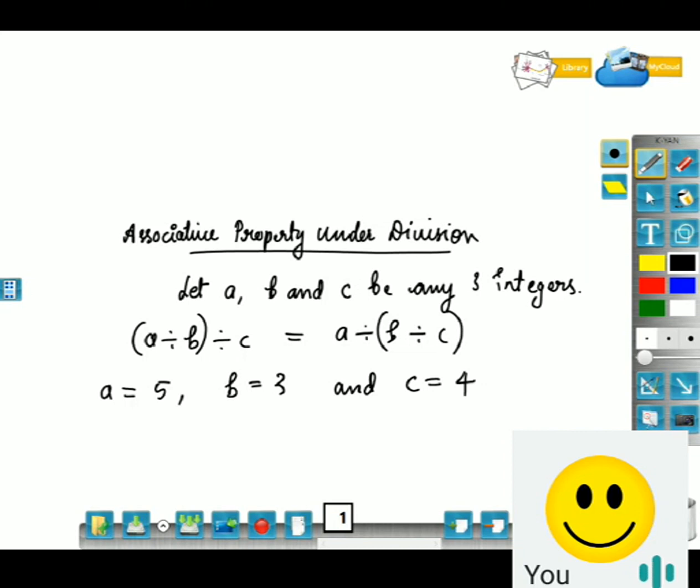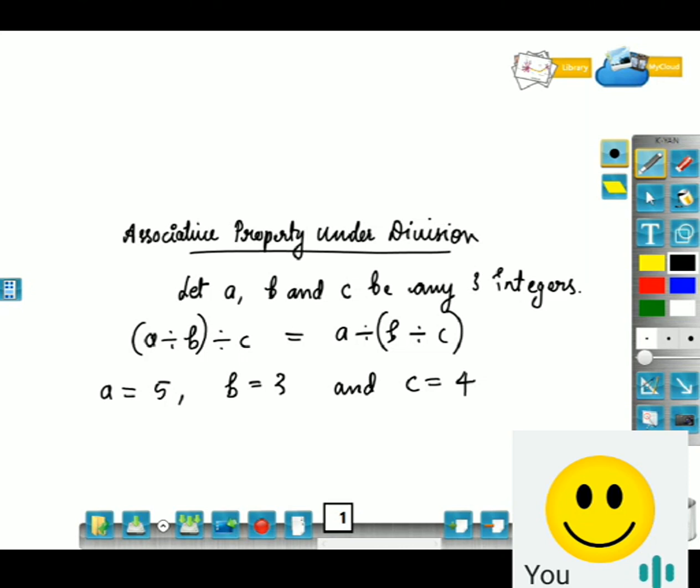Okay, I got the answer, they will not be equal, but I want answers. On the left hand side, what answer you will get, and on the right hand side, what answer you will get. That answer I want. Please comment in the comment section what answers you will be getting.